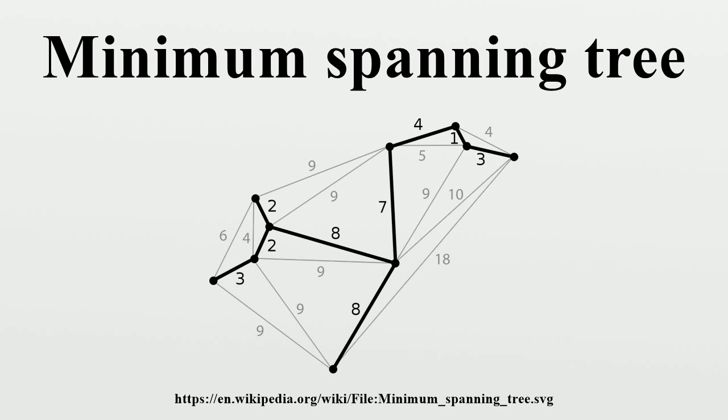We can also assign a weight to each edge, which is a number representing how unfavorable it is, and use this to assign a weight to a spanning tree by computing the sum of the weights of the edges in that spanning tree. A minimum spanning tree or minimum weight spanning tree is then a spanning tree with weight less than or equal to the weight of every other spanning tree. More generally, any undirected graph has a minimum spanning forest, which is a union of minimum spanning trees for its